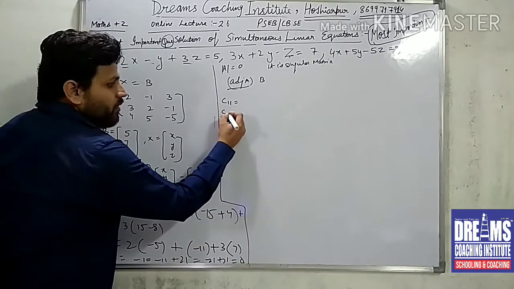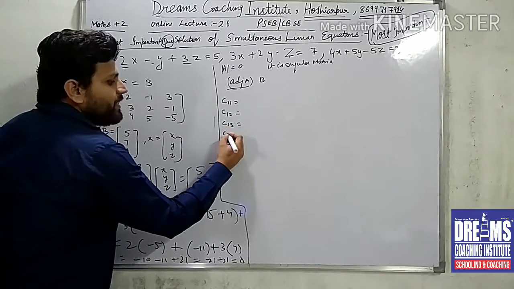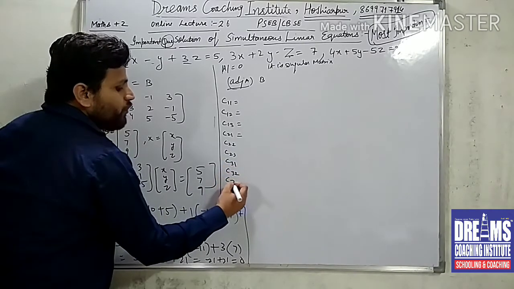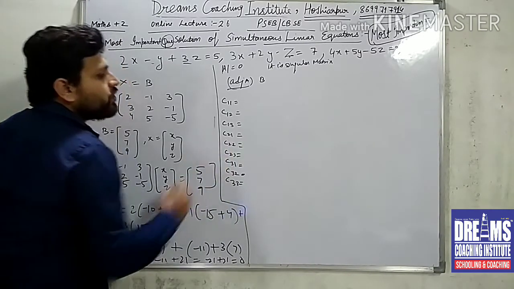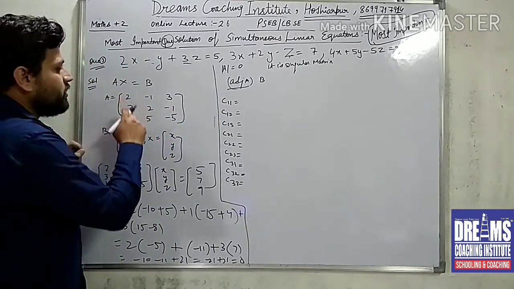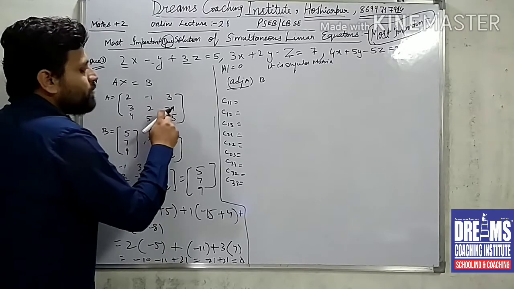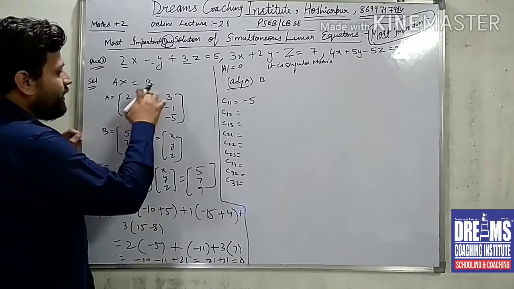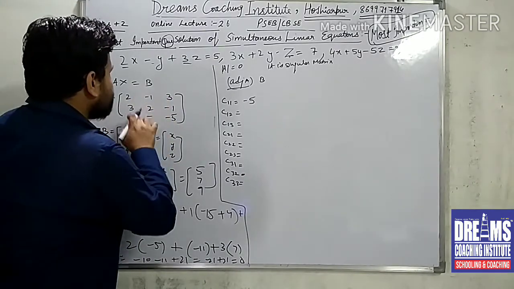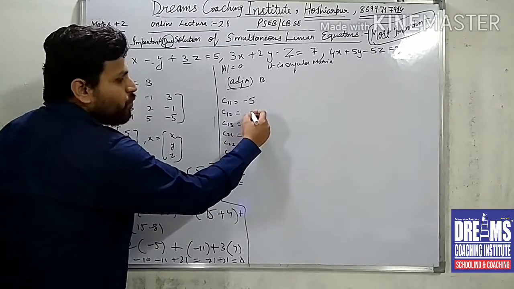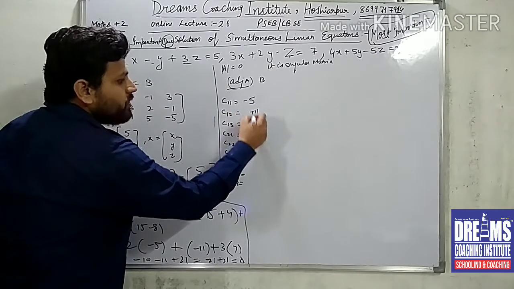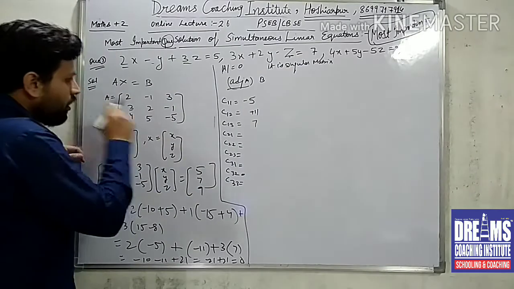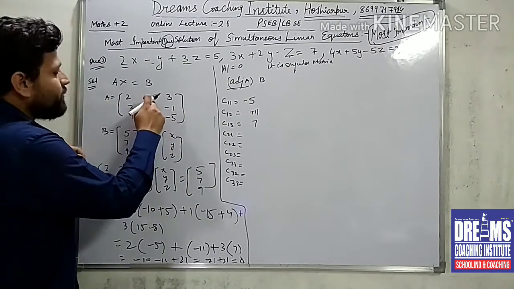तो C11 C12 C13 C21 C22 C23 C31 C32 C33. So I need to find all the 9 cofactors over here. So how to find C11? This is, leave this row and column, minus 10 and minus minus plus 5, which comes to be minus 5. Then the second element, leave this row and column, minus 15 plus 4, which is minus 11, but it will be C12. So this is minus minus plus. So for this element, 15 minus 8 is 7, which is C13.